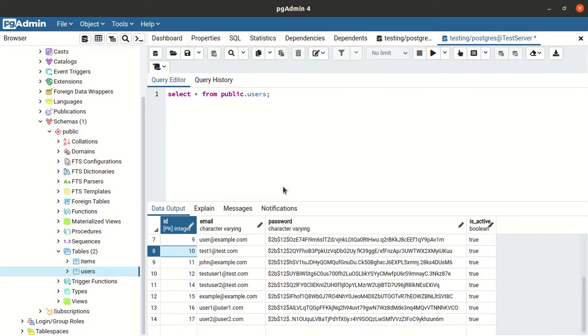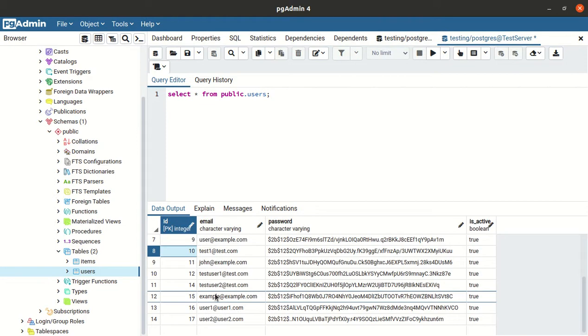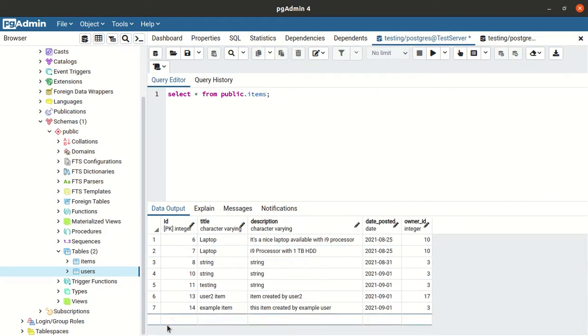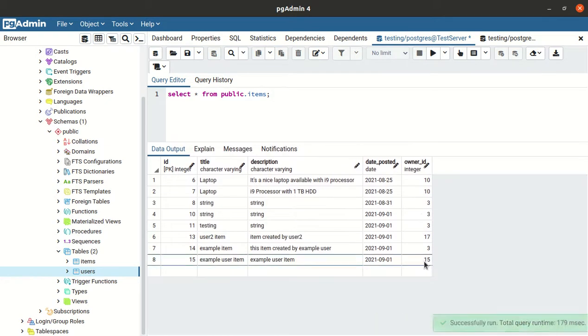But we have to verify in the database whether it will still take 3 as the owner ID, because for the example user the owner ID is 15. So this new item should be inserted with the owner ID as 15. And yes, now it is inserted as 15.